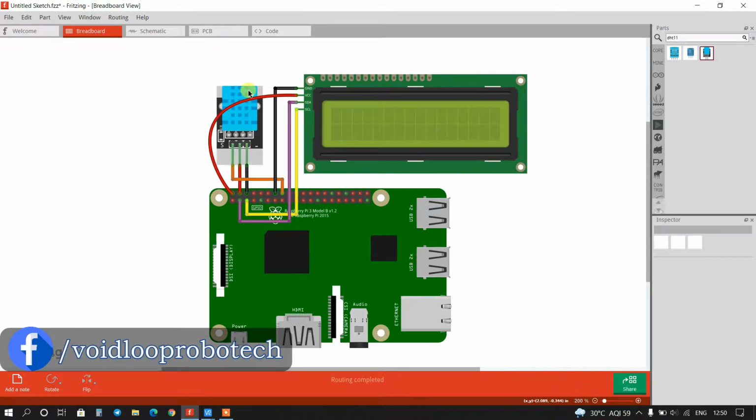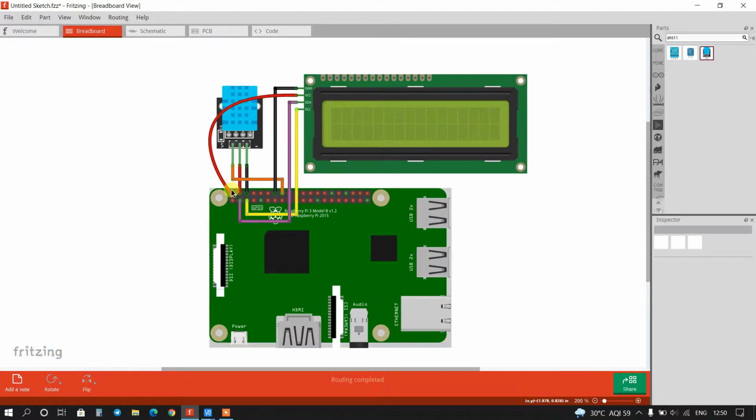Ground pin is connected to ground, and VCC pin is connected to 5-volt output.